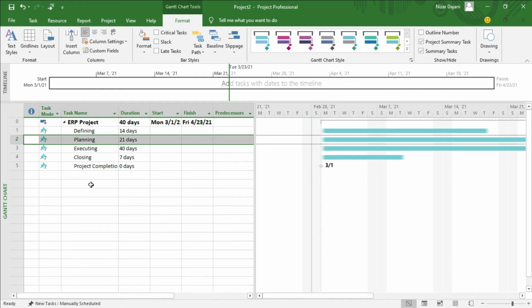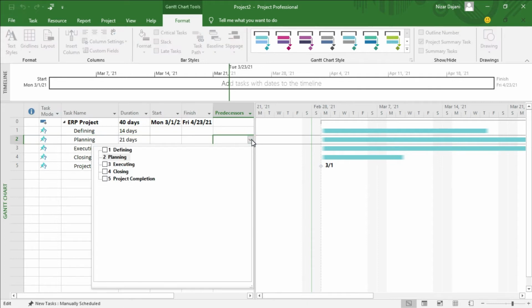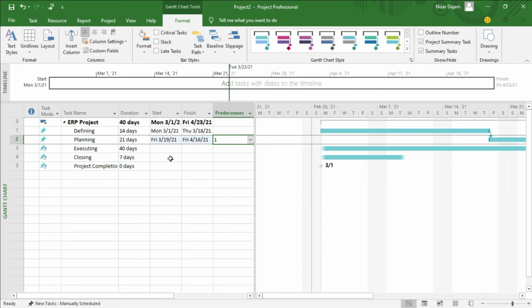The next step we need to do is to add predecessors, and there are a couple of ways to do that. The first one is just to use the predecessors column, which is here, and the instructions say to give each task the predecessor of the one before it. So for example, if I come here, then open the pull down arrow, I want planning to start after defining is finished. So I click on this one, hit escape on my keyboard, and now if you look at the